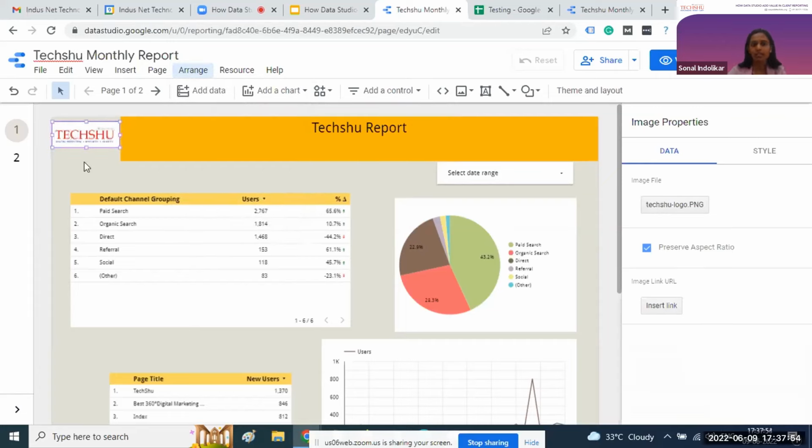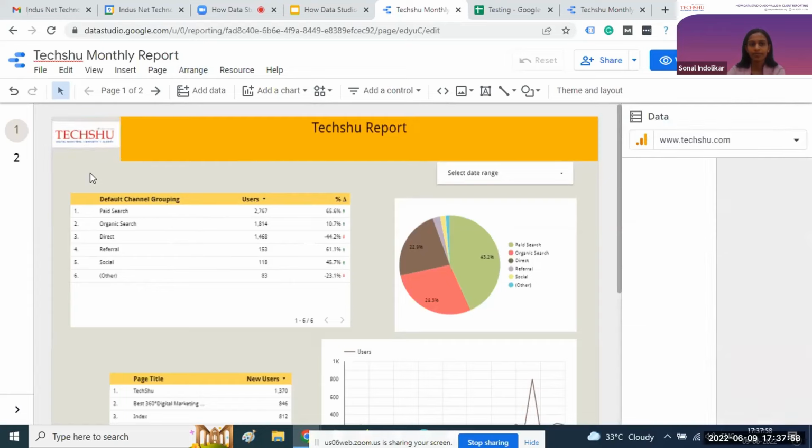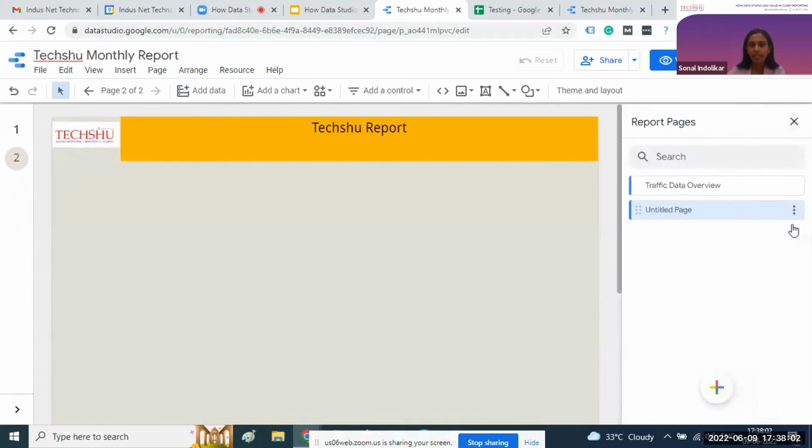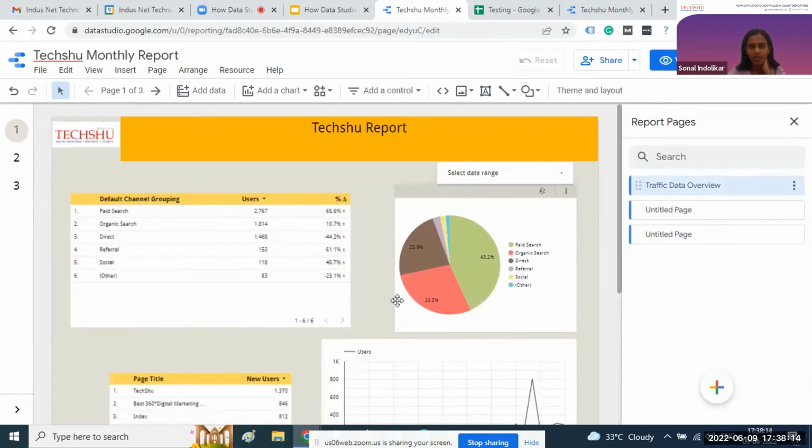So this logo is also available in the second slide. Same thing. If we create another slide, for example, I'm going to add another slide, the same thing is available on that particular slide. So it saves time adding the header and footer for your report.